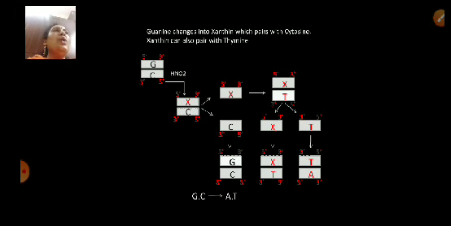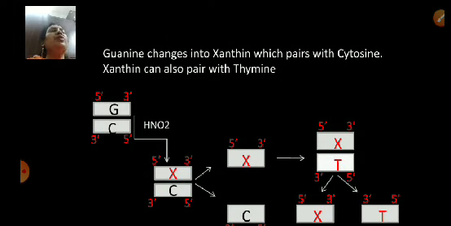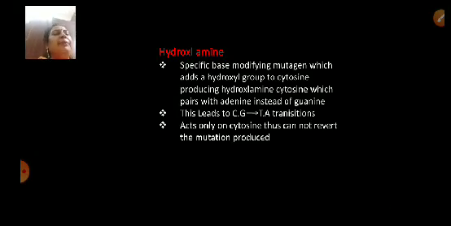Guanine also changes, but guanine upon deamination gets converted into xanthine. But xanthine has the same pairing behavior as guanine, and xanthine will pair with cytosine. So deamination of guanine to xanthine is not mutagenic because the pairing behavior does not change. Nitrous acid produces exclusively transition type of mutation, both AT to GC and GC to AT transitions. These mutations can be reversed.